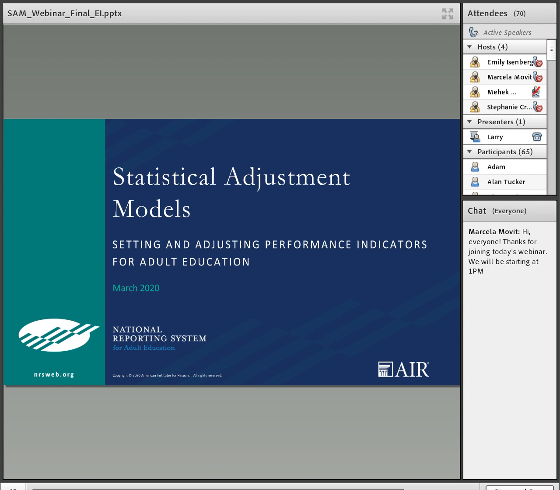This webinar will be just about the model, what it is, how it works, and it will be showing you a tool in the end that we've developed that will have your state data, that you'll be getting soon, so you can see how the model works with your data. So that's what we'll be talking about today.